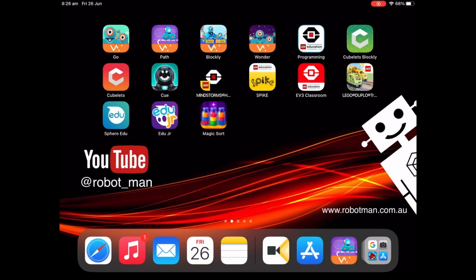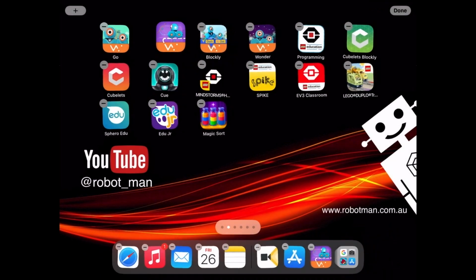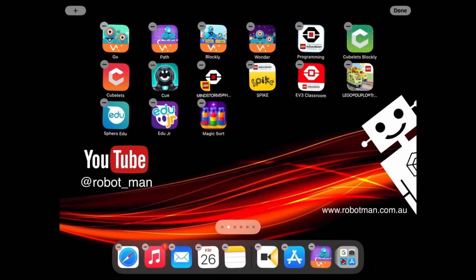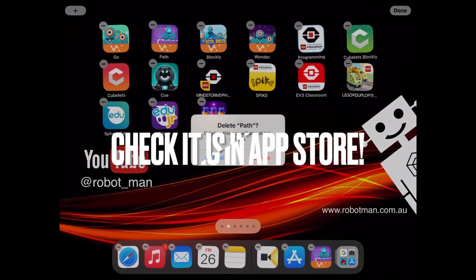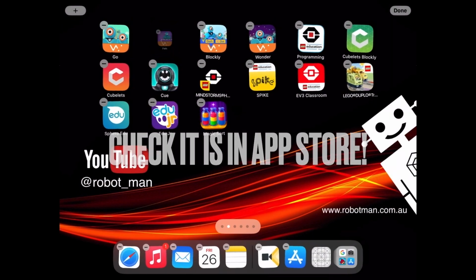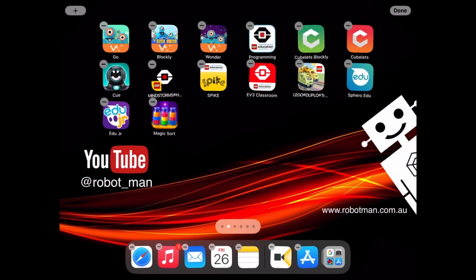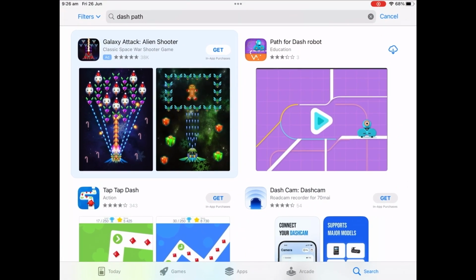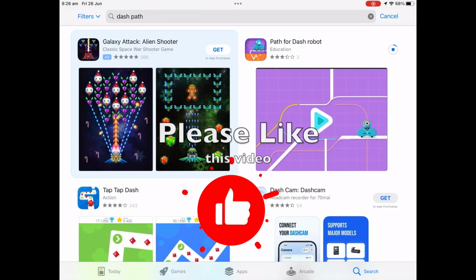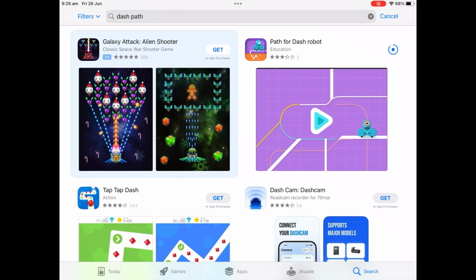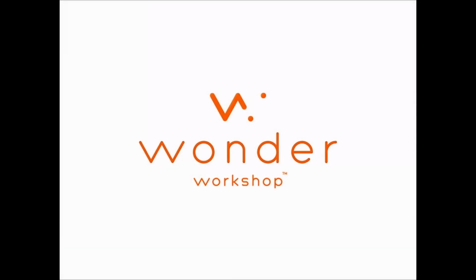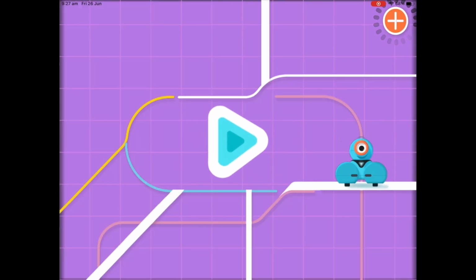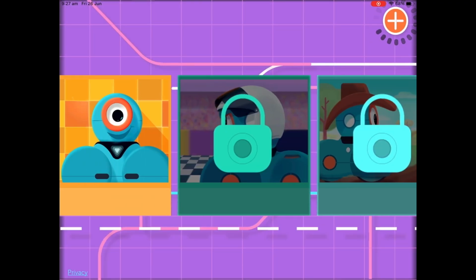Okay, if you want to completely restart the whole progress from the very beginning, you're going to have to remove or delete the app. But make sure that it's still available in the App Store before you do that. So delete the app, go to the App Store, reinstall the app, and then it will be just like a brand new app. It'll have no progress at all. Well, I say no progress, it still sort of indicates that there's about 3 levels complete for no reason. So reinstall the app, and you'll see now that when you press play, instead of 12 of 27, it says